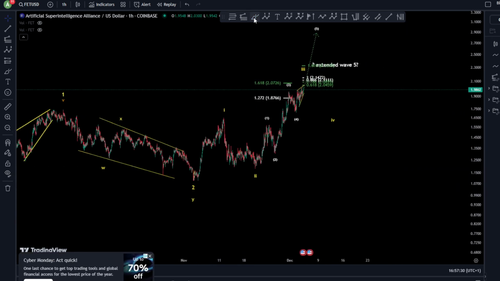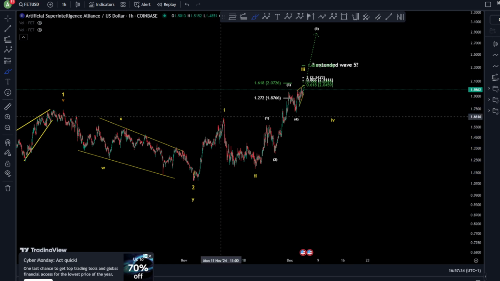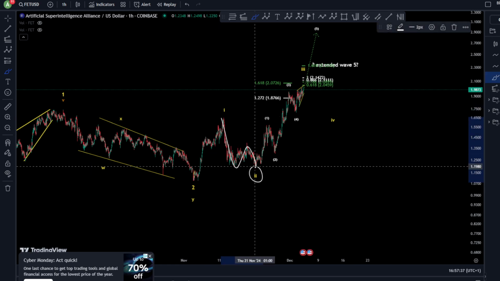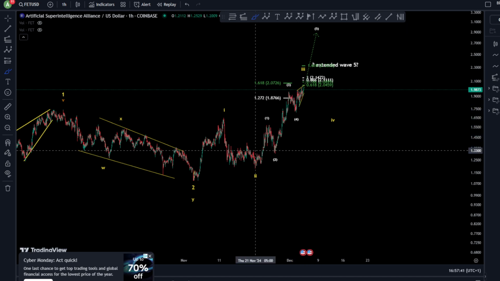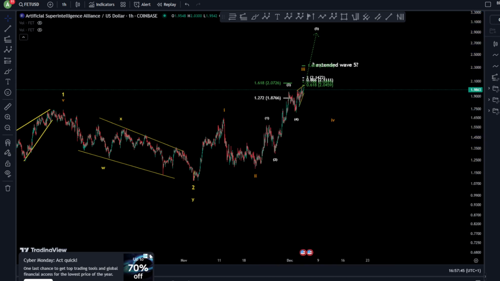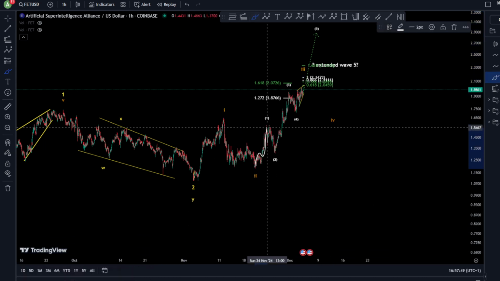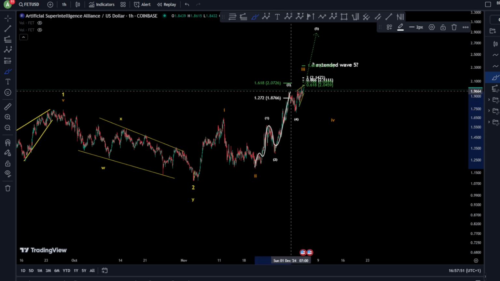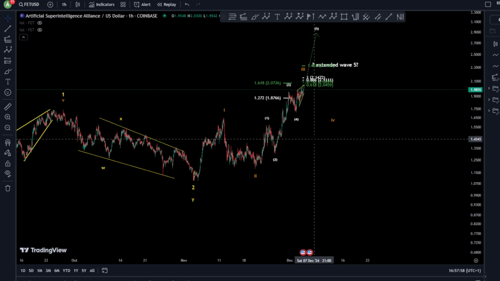After that, you have, of course, another impulse here for another wave 1, and then an ABC for a wave 2. Now, you are looking at this wave 3 in the yellow scenario, and I'm going to change it to orange because that is already a yellow one. So, in this orange scenario, we have already 1, 2, 3, 4, and a 5, and we would like to finish the wave 3 right now.